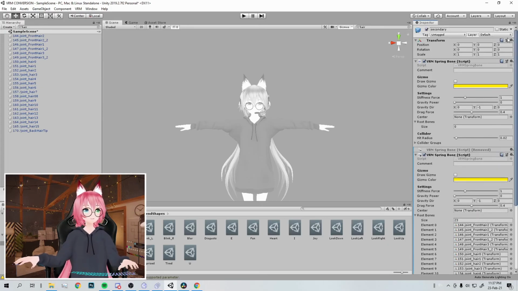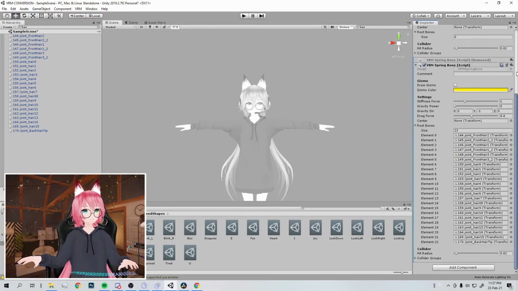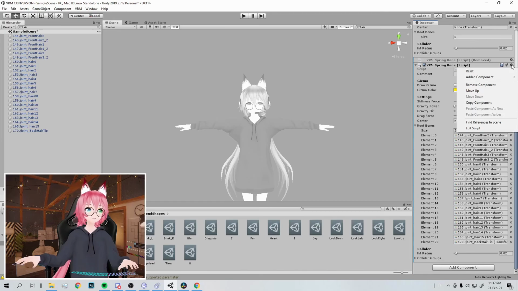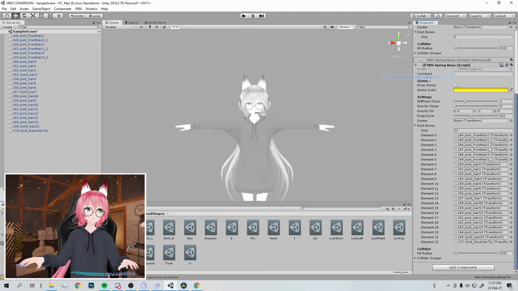But if you're like mine, which doesn't state it up here, don't worry. You can just go to this settings right here, click on it. There will be the word edit component, and then apply to prefab 1. So once it applies, you can check to test out the physics. So what you're going to do is click play up here,